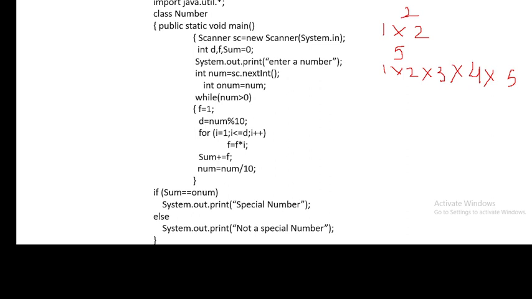Mathematically we write it as 5 into 4 into 3 into 2 into 1. Reverse में हम लिखते हैं, but it means the same, that the factorial is the multiplication of the numbers from 1 till that number. That means loop will go from 1 to num.